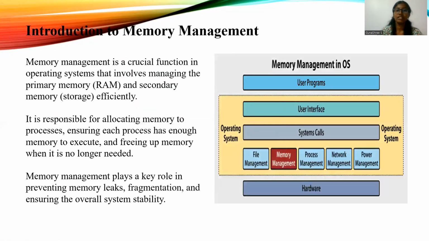So what is memory management? It is one of the crucial functions in the operating system that involves managing the primary memory, that is the RAM, and also the secondary storage memory efficiently. It is also responsible for allocating memory to processes, ensuring each process has enough memory to execute, and freeing up memory when it is no longer needed. Memory management plays a very important role in preventing memory leaks and fragmentation, and also ensuring overall system